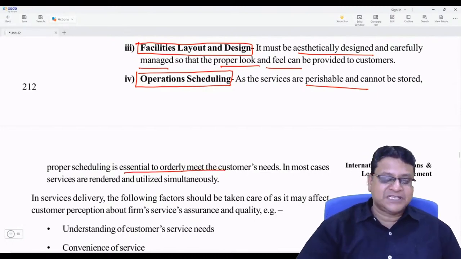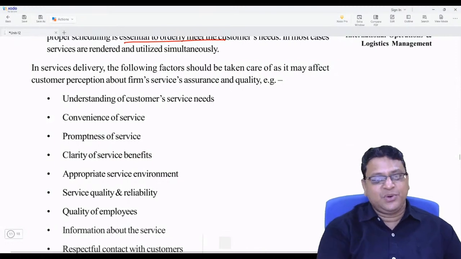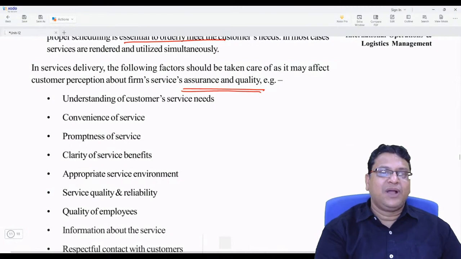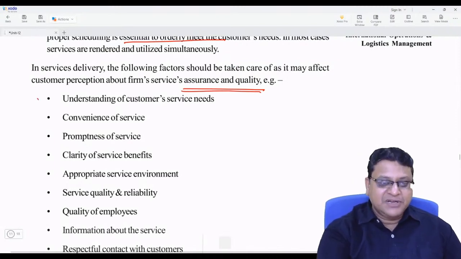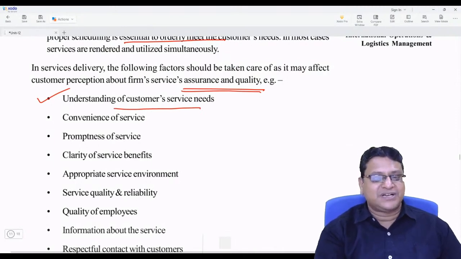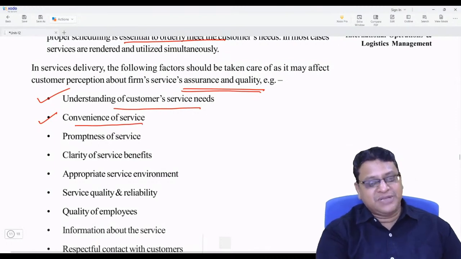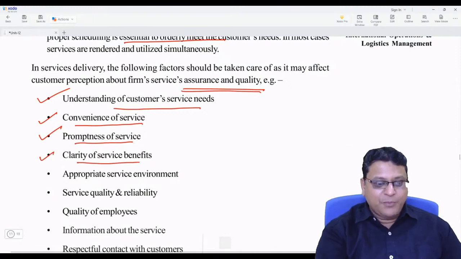So in service delivery, we have to take the impact of the following factors to assure quality in services. What factors are considered while providing service in the international area? You have to consider the following factors. First, you have to understand customer service needs, what the customer wants. You have to give convenience of service, promptness of service, clarity of service